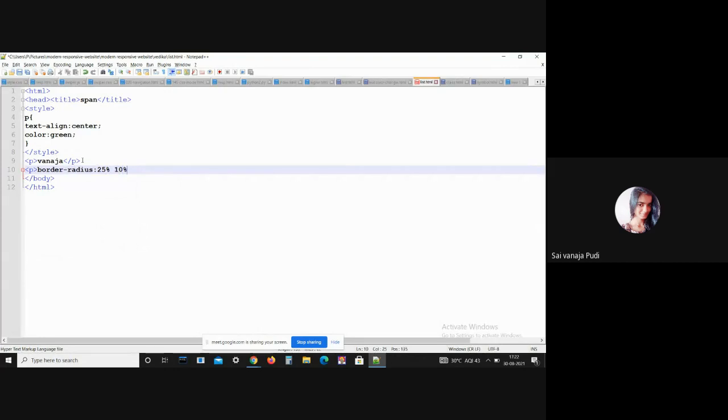You can even give a length also. And now let me add my div tag. You should close your div tag.